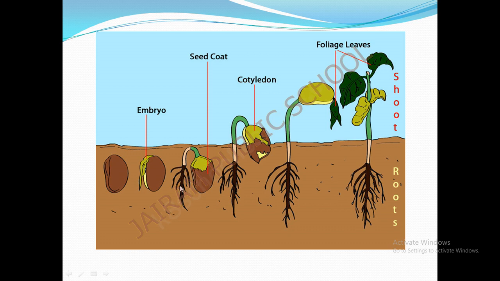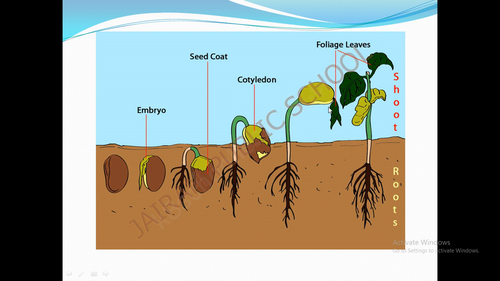The root is fixing the seed in the soil, and next the shoot system will come out. This is the cotyledon. I already said below the seed coat there is a layer called the cotyledon, which stores food and energy for the seed or the growing seedling. So what is happening? Slowly this seed coat will be removed from the seed, and this layer will start